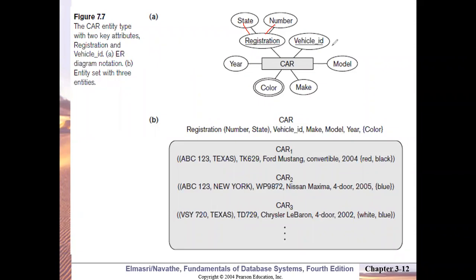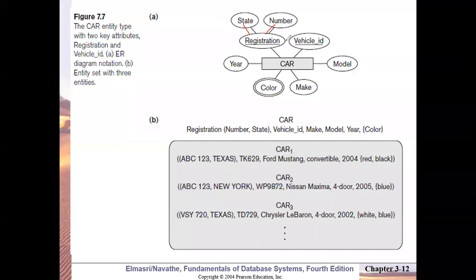Now remember, in this car entity type, why are registration and vehicle ID both shown by underline? Because sometimes, rarely, in one particular entity type there could be multiple attributes whose values are unique. Like registration number for every vehicle should be unique. Similarly, vehicle ID is also unique.